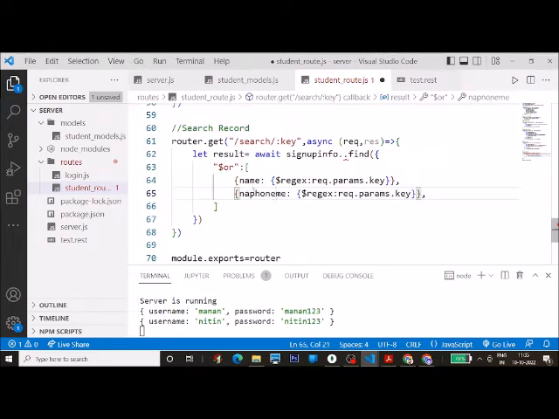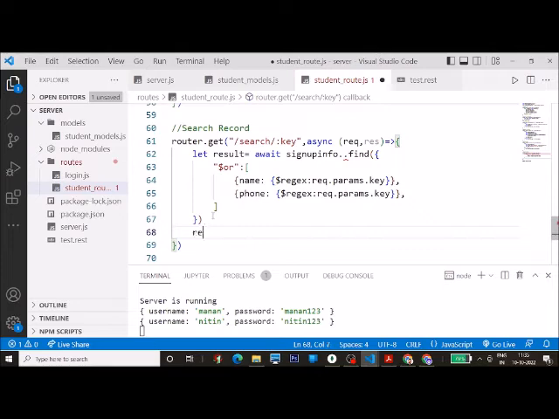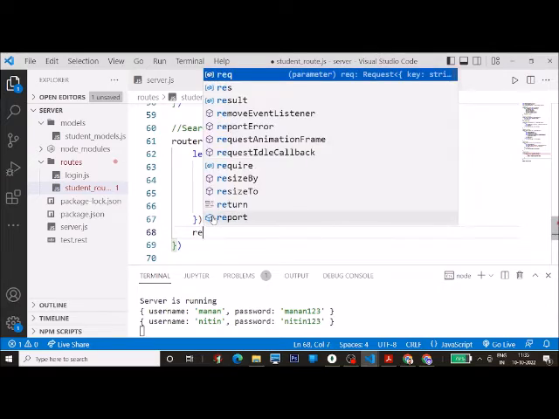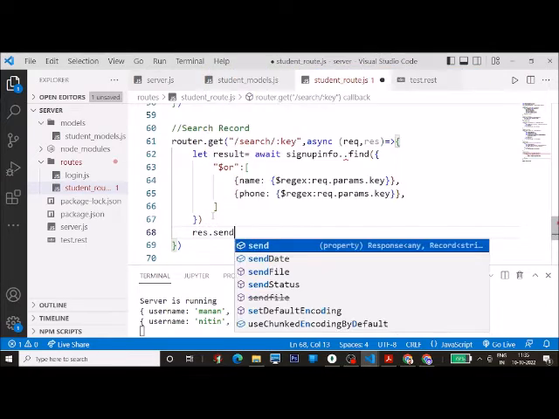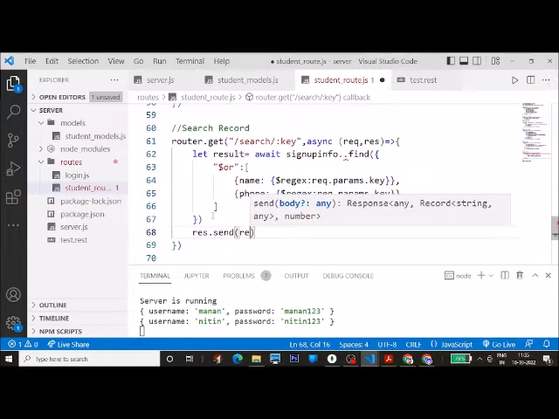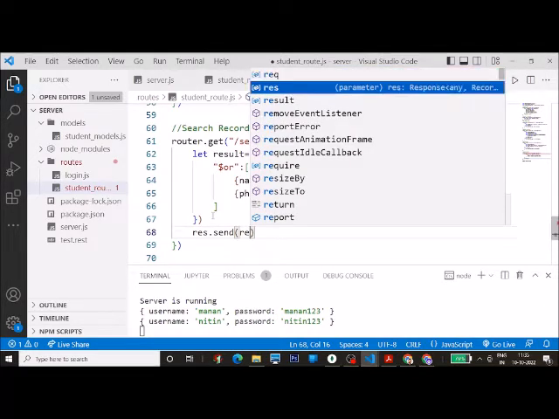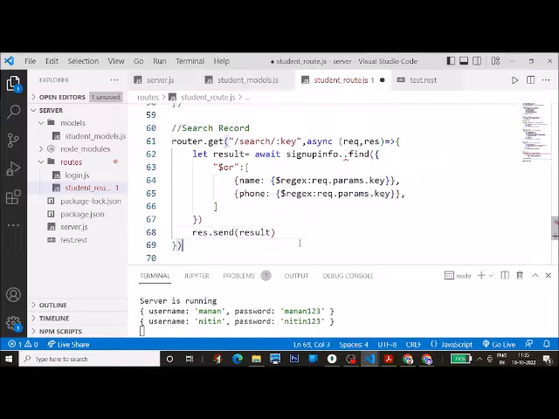You can write down anything, but just for understanding I'm writing this. And by default it is and, and for or condition we need to write down this way, that you need to remember. And after this we need to send this, so response dot send into bracket, I need to pass result, so I will write down result for this. So this way we are creating the